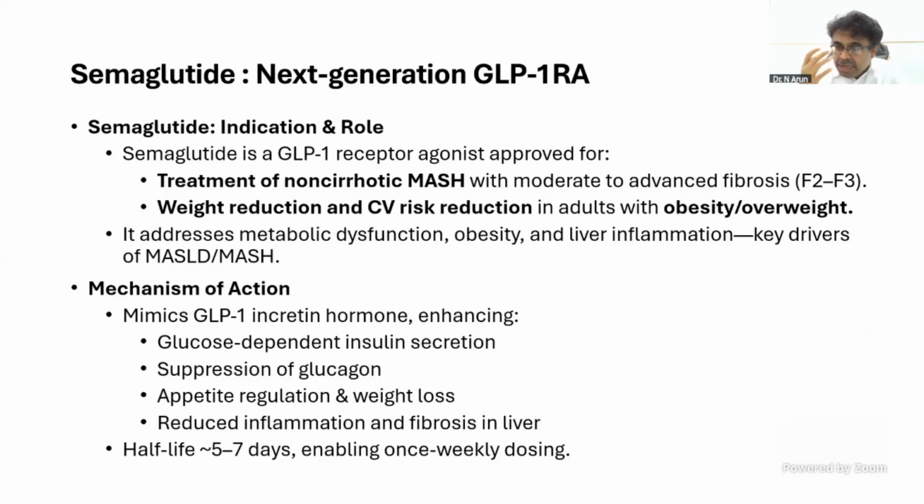Rather than being located in your hepatocyte-predominant area, it is located in various other peripheral sites like your brain, your lungs, your heart, your pancreas, your kidney, your gastric mucosa, and the L cells of your GI tract. And why this GLP-1 receptor agonist, your semaglutide, is being considered is that it is almost